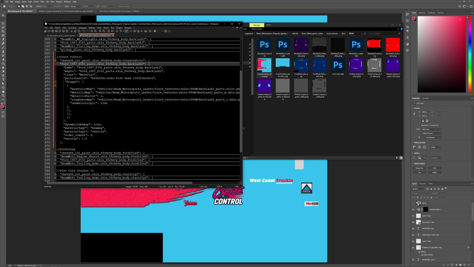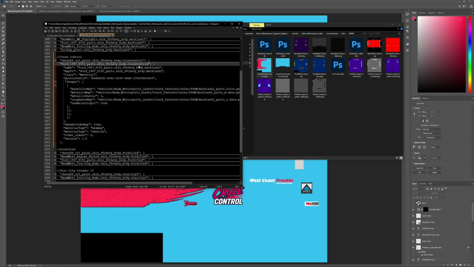The reason this says Ford 87 F-150 parts is because that is the material assigned to the part. So even though it says Ford and you're putting on a Chevy, that's still correct because that is the material for the part. Again, it's going to have the slot for the 88 Chevy body, and then the skin,